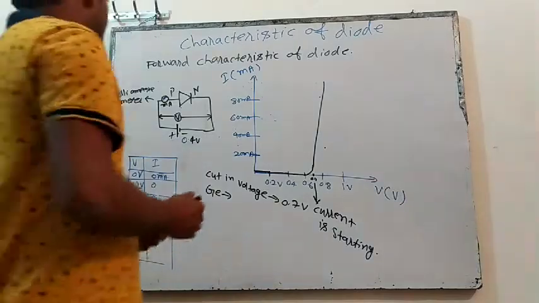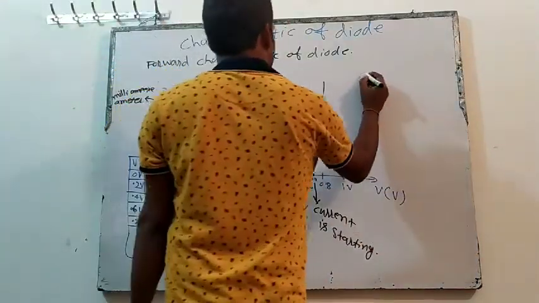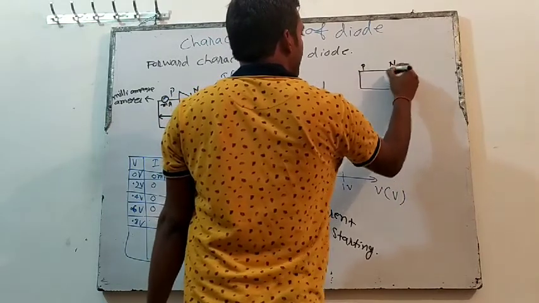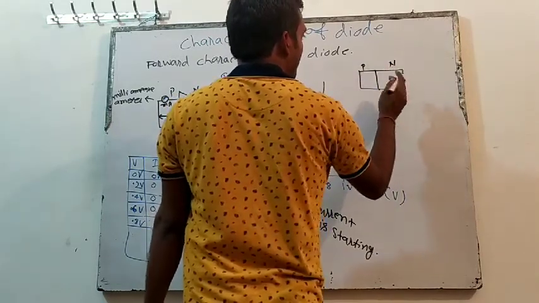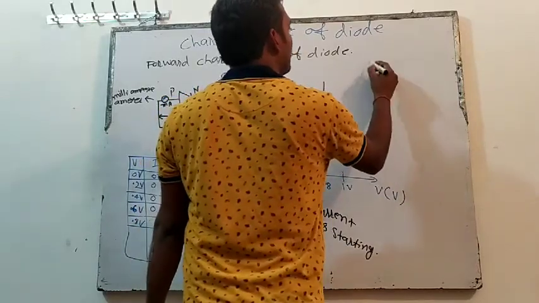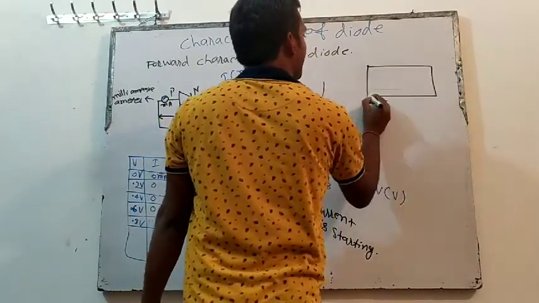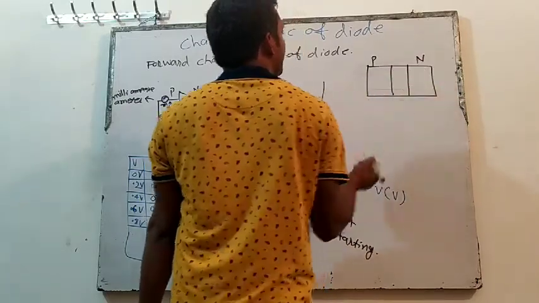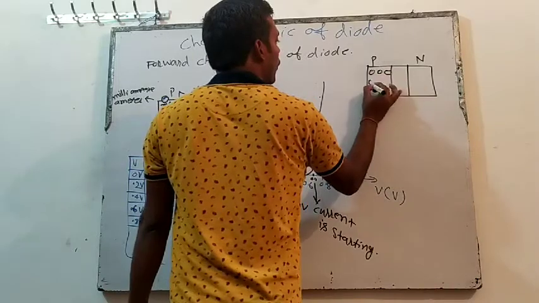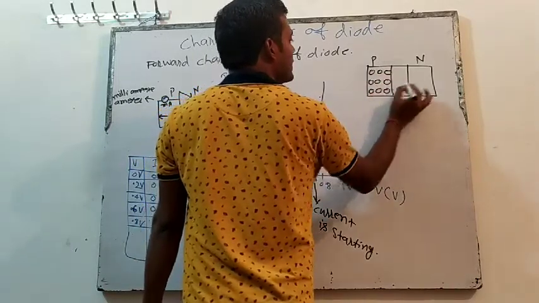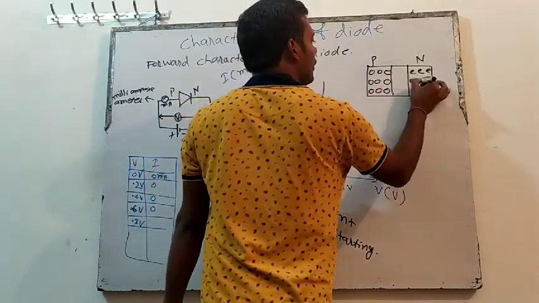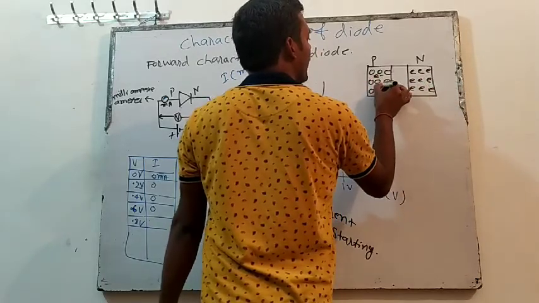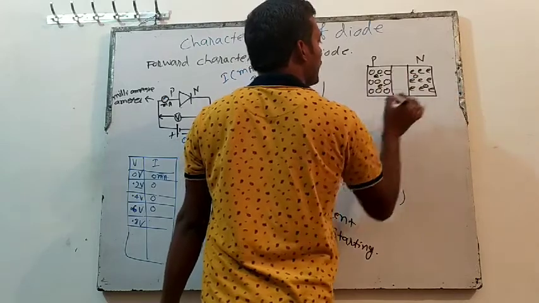First check all these things. Let's say this is a PN junction. I have to make it bigger. So this will be the depletion region. Here will be holes; holes will be the majority charge carrier. Here, electrons will be the majority charge carrier in n type. Here electrons will be the minority charge carrier and here holes will be the minority charge carrier.